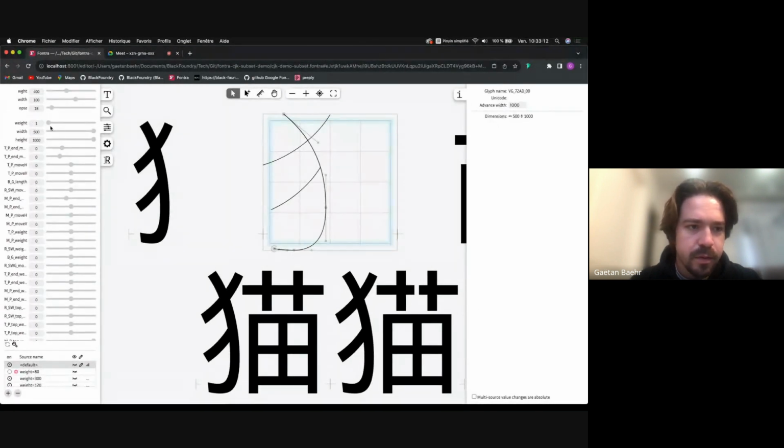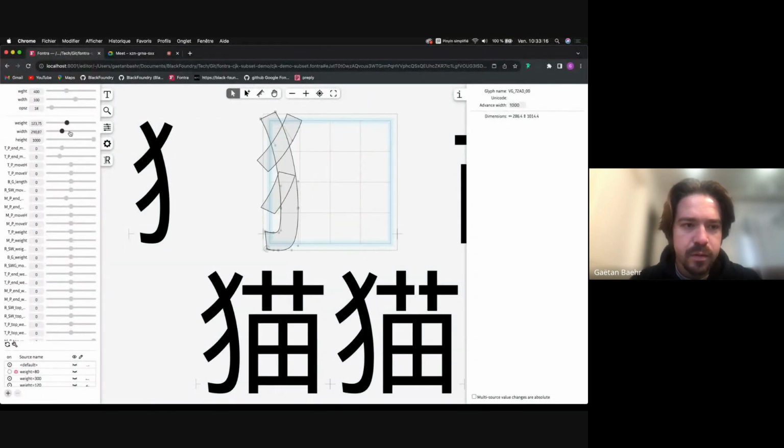I will go to the default here. So I can add some weight. I can move the width to go really narrow. I can move the height to go really flat. Depending on the character, maybe we need to use it flatter. And then we can control,